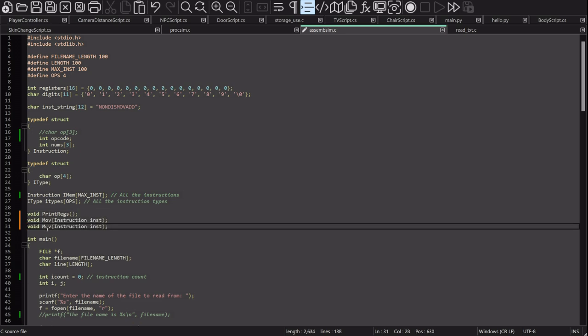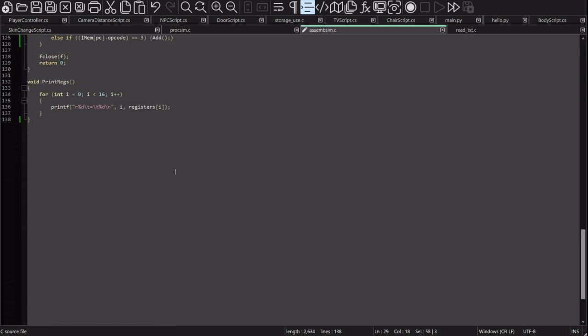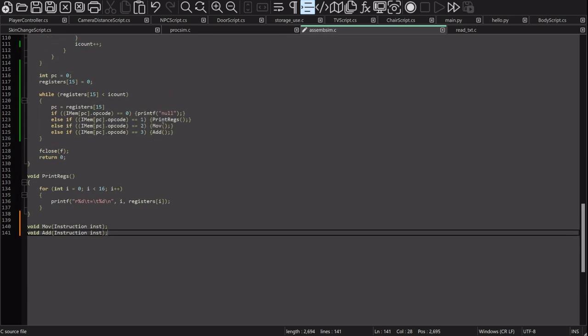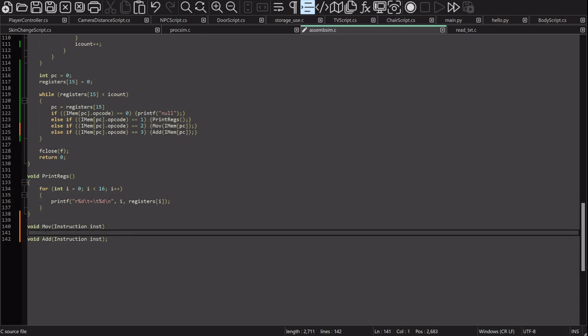Right, and then void add, and then copy both of those, paste them down here. Right, and then yeah, mov immpc, add immpc, instruction inst,